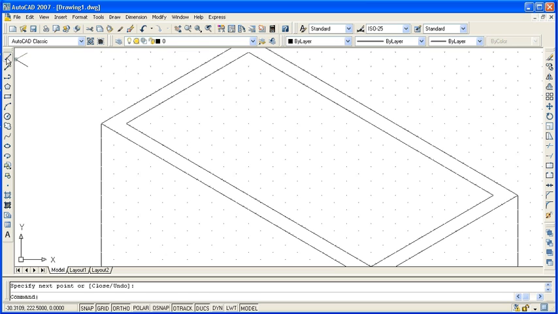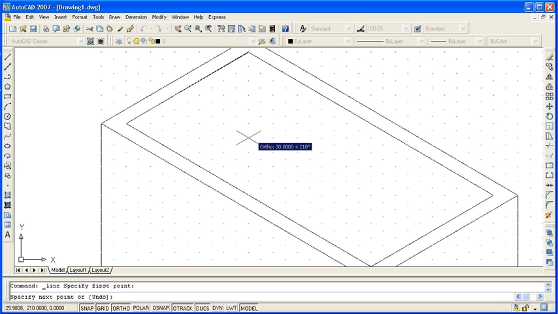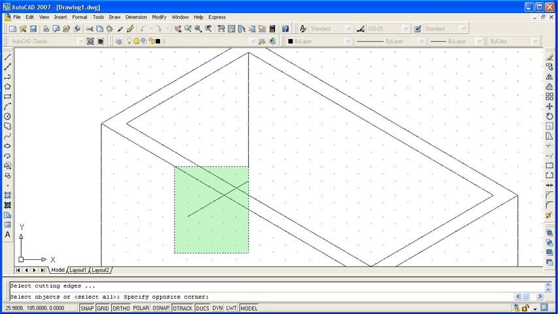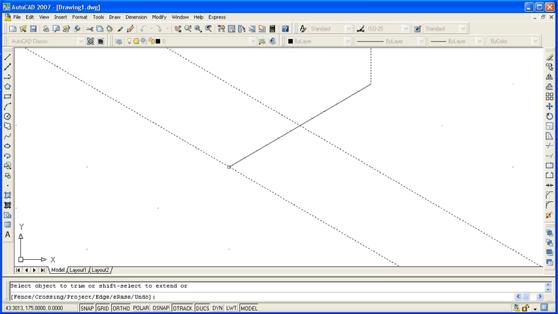Now select from this corner point, draw a line 45. Thickness is 5, so visible length will be 45. Enter. And again change. Enter. This extra length must be trimmed. Select, right click,